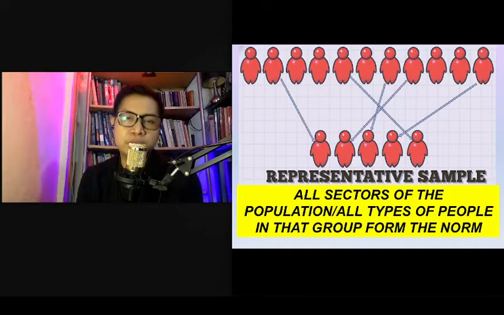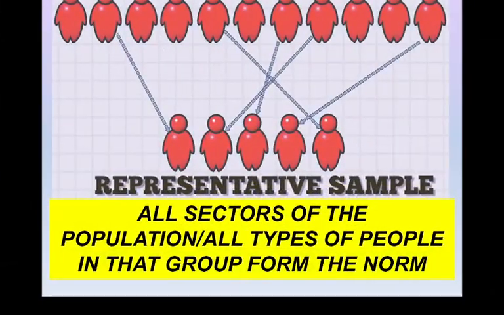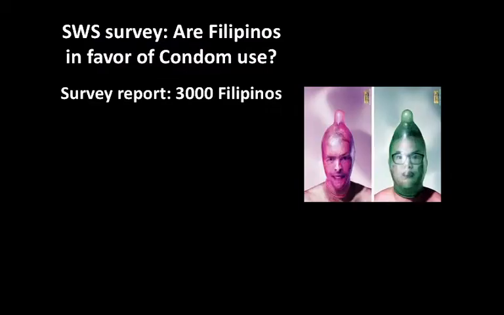Keyword: representative. Ibig sabihin ng representative in the field of research, all sectors of the population or all types of people in that group form the norm. Lahat ng klase ng tao na konsidera doon sa norm na binuo. Halimbawa, para mas malinaw,